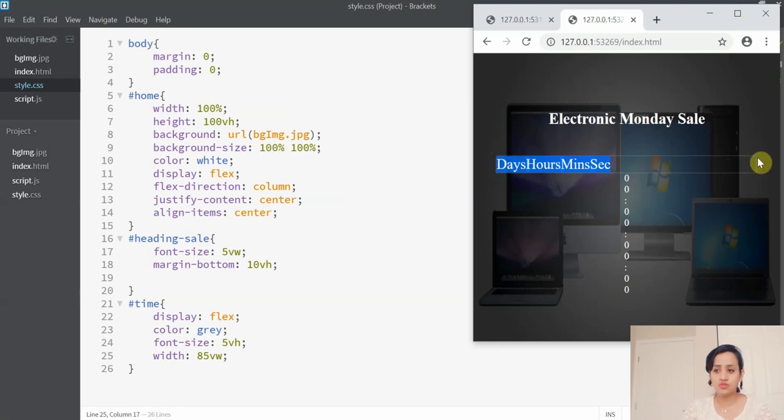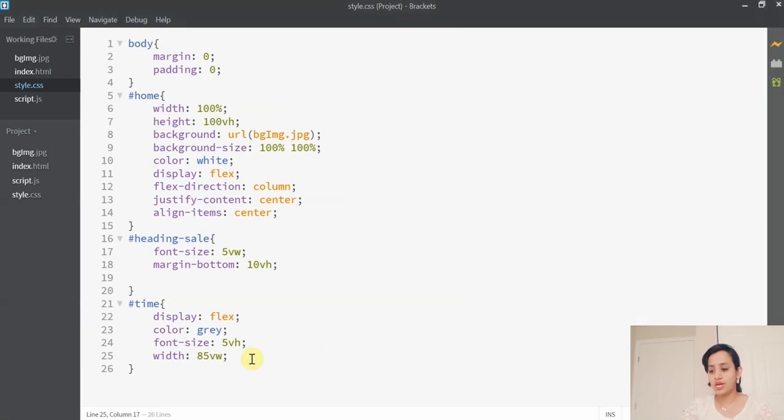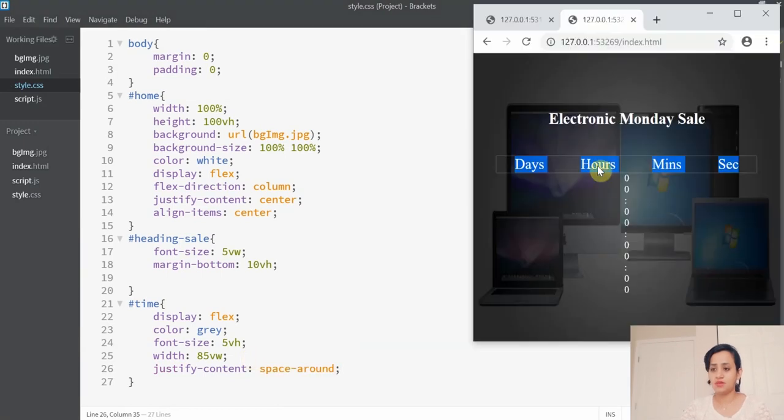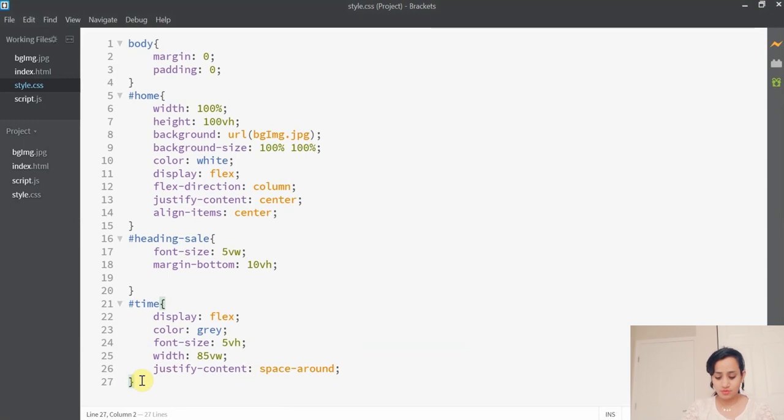They stick together, they are not spread out towards the entire length, right? So to do that, we can say justify content space around, and now you can see they are completely separated. You wouldn't have this line. If I refresh, this line disappears. It's just the brackets just highlighting the change in your code. That's it. All right, moving on